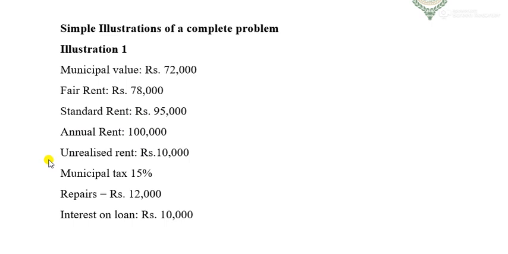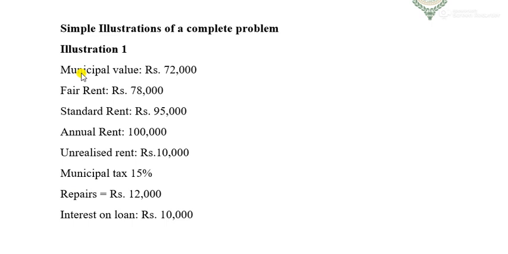It's very simple. Next we have municipal taxes at 15%. So this time we don't have an amount of municipal taxes, but we have a percentage. Whenever in the sum they provide us with a percentage, then this figure, the gross municipal value or the municipal value, whatever it's given in the sums, it's the same thing. 15% of the gross municipal value will be considered as the municipal taxes. 15% of what? 15% of municipal value. It's very simple to remember. Municipal tax is related with the municipal value.